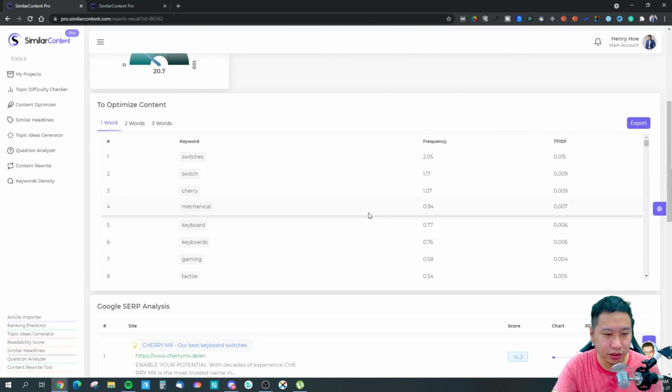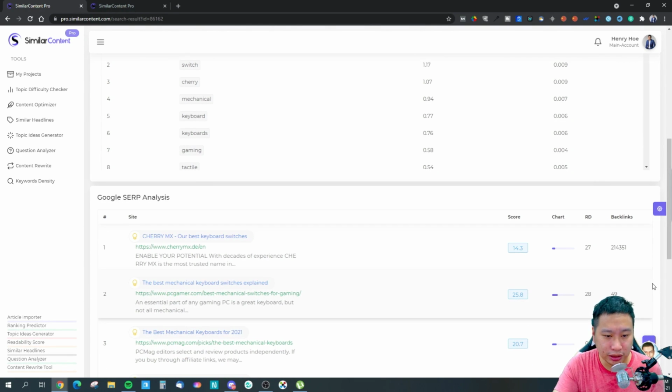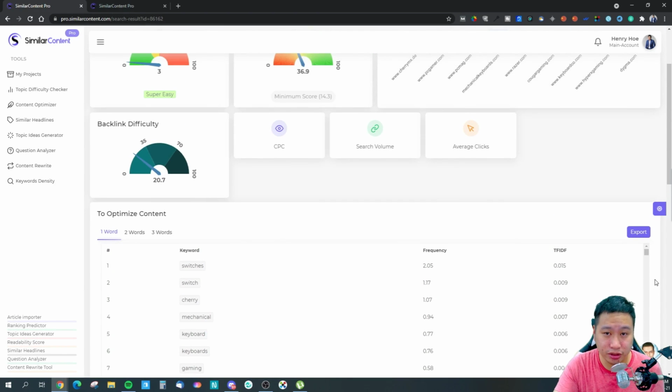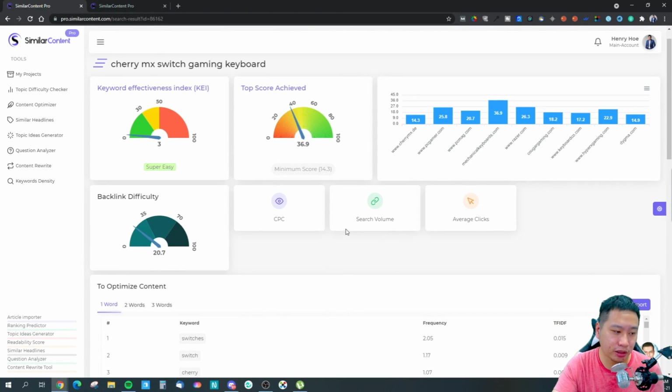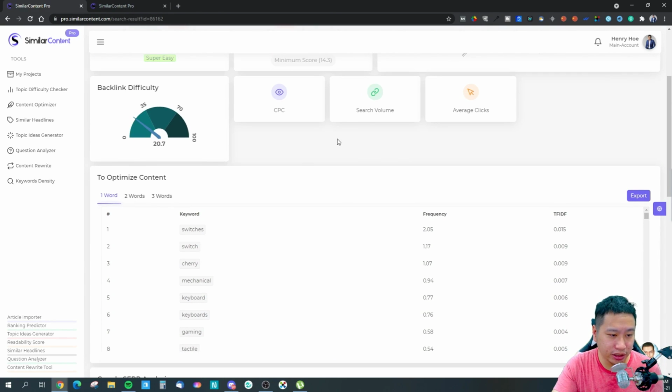So it's kind of similar to Writer Zen, where it tells you what the competition level is in terms of off-page SEO, so that you know whether you want to compete on this keyword or not. And then over here they also tell you the TF-IDF score, which I mentioned previously,